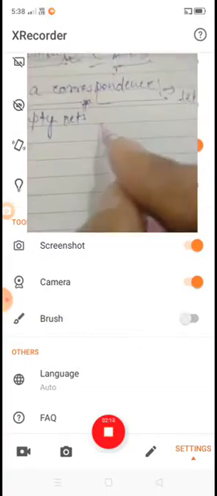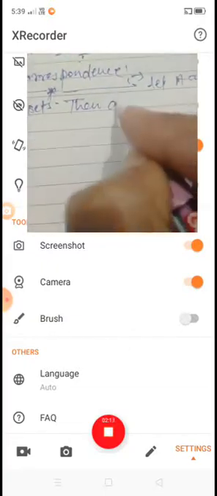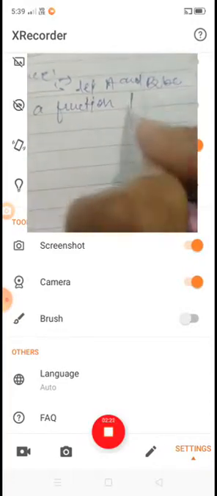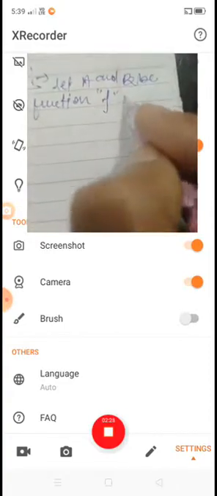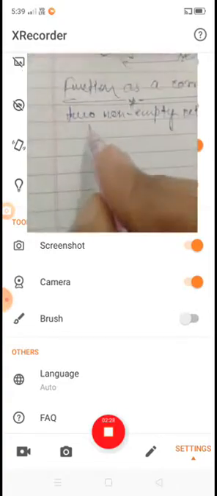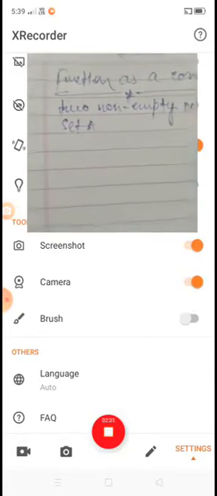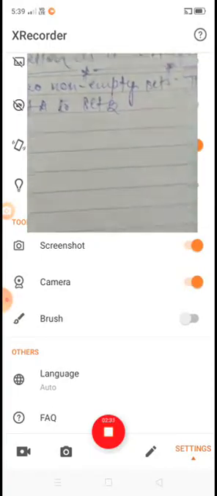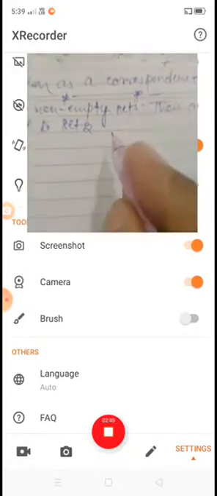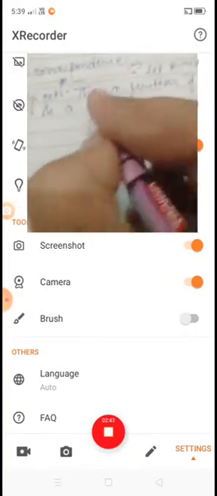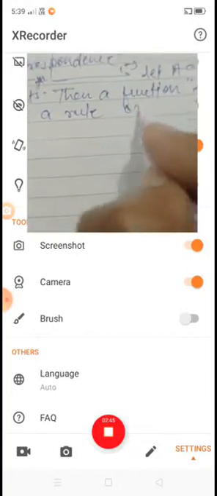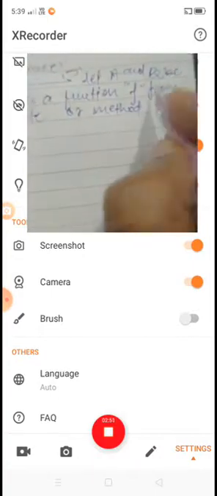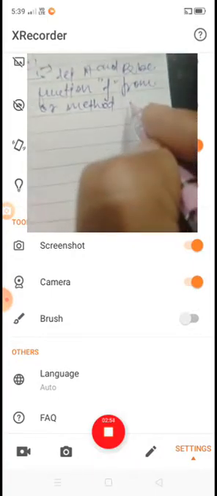Then a function f from set A to set B is a rule or method or correspondence